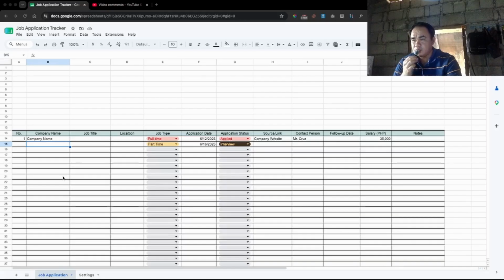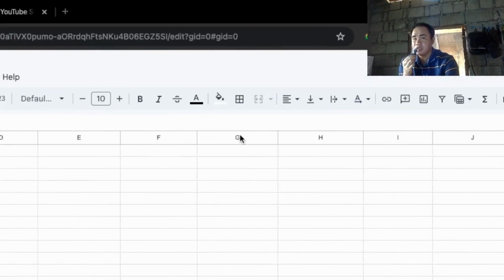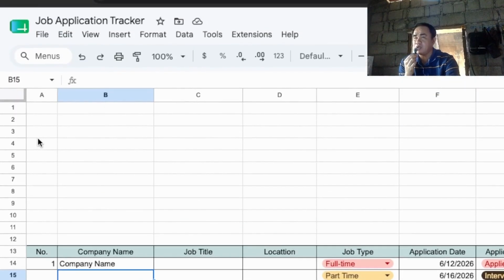Okay, guys. So now let's proceed to creating our dashboard, which is the top part of our template. To start, we can start by adding how many job applications we have so far. To do that, we will be adding a chart here.